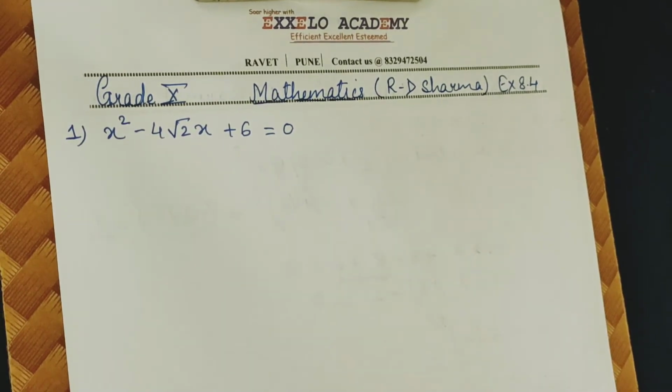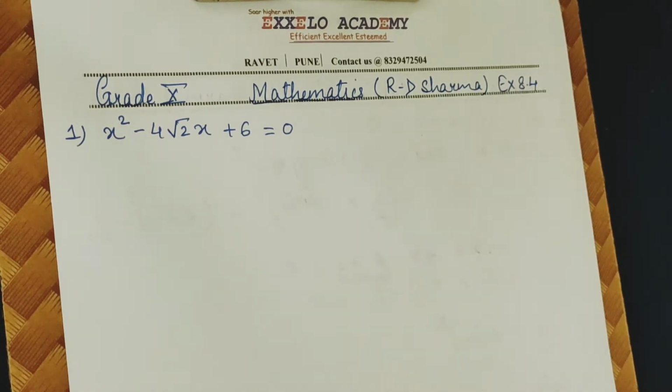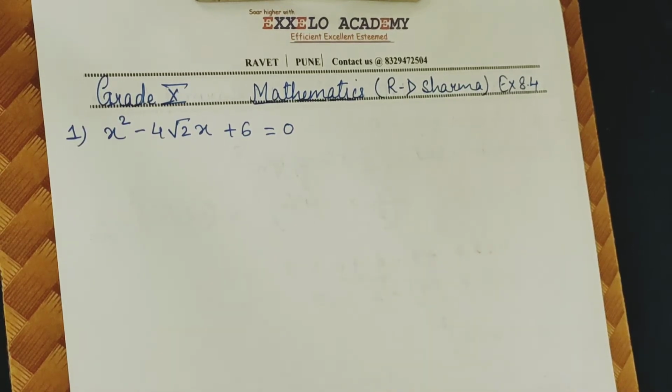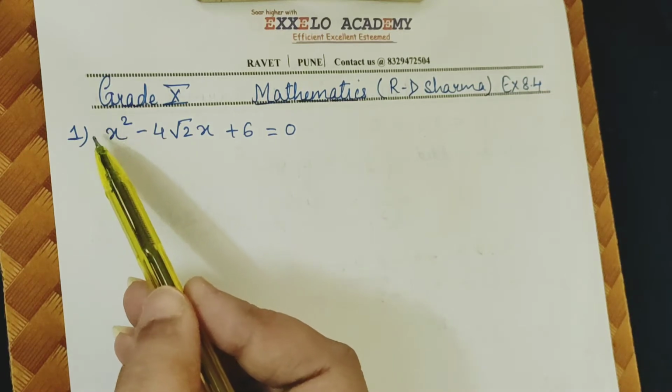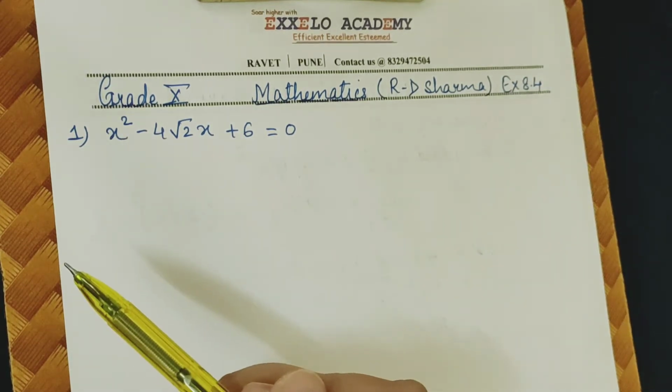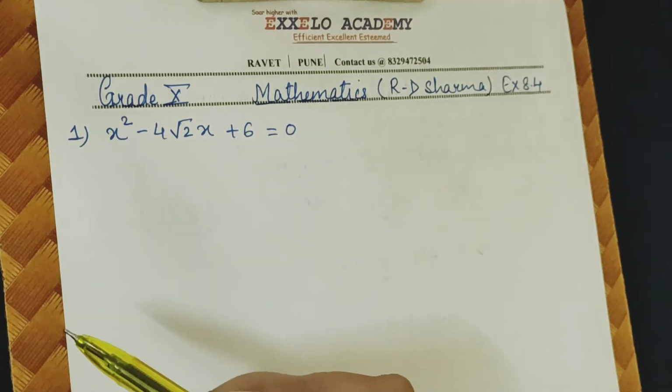The first step says that the coefficient of x square should always be 1, it should always be 1. If you get any other coefficient, assume it to be a. Okay, so if your coefficient is a, what will be our first step? We'll try to eliminate that a. How do we do that? By dividing each term by a.